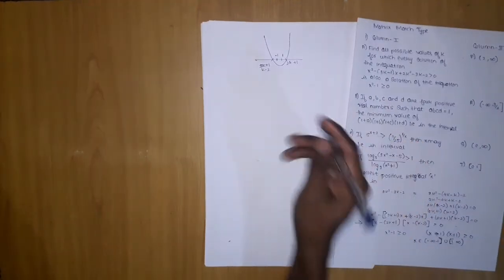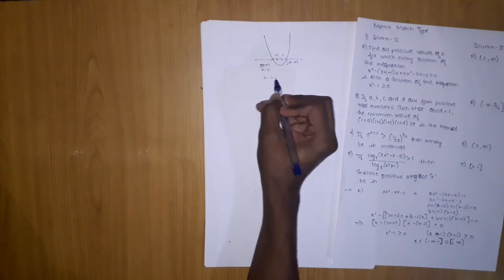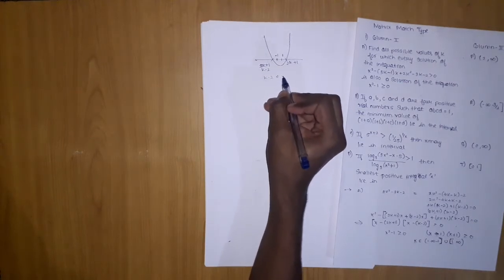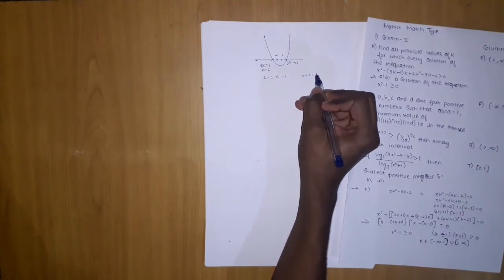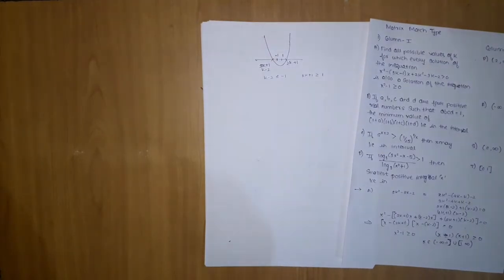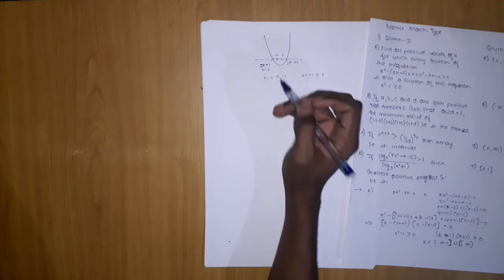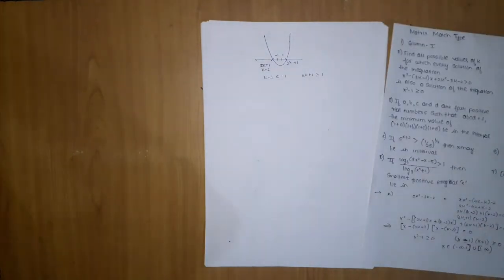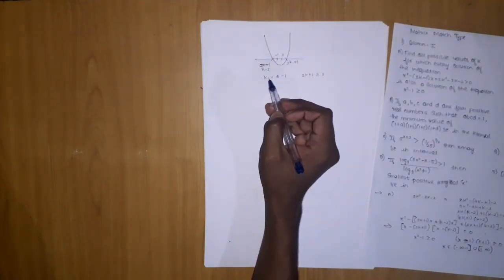Now what are the conditions for this to happen? This will happen if k minus 2 is less than or equal to minus 1 and 2k plus 1 is greater than or equal to 1, right? Because if it is greater than or equal to, then the solution will lie in this range, which will also be a solution of this x square minus 1. So we will satisfy this condition. Same goes for here. If it is less than or equal to minus 1, then the solution of this will lie in the solution of this.